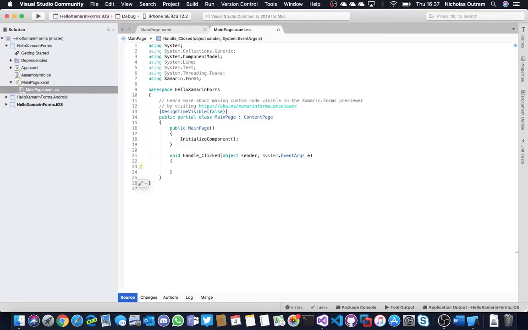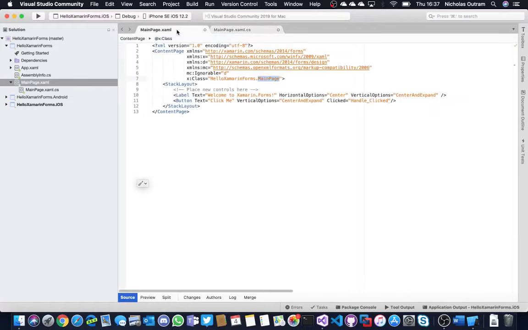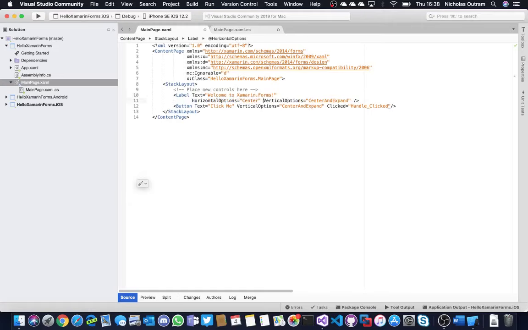So what do we do in the handler? We want to change the label. Right. How do I get a reference to the label? So there it is. And how do I get it? Well, you've got to give it a name. And this is where one of these namespaces comes in. Again, we can split these across multiple lines, if it starts getting too long,